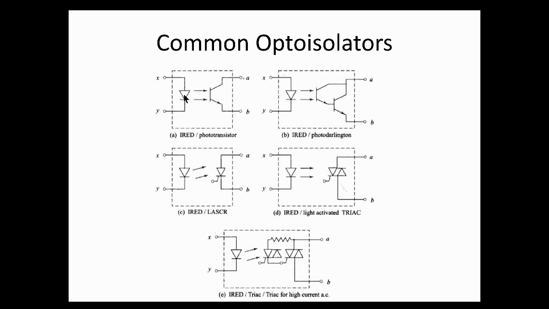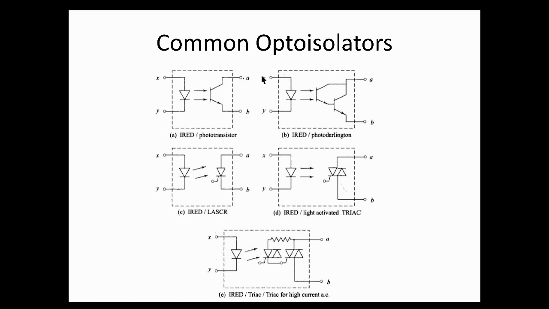So when we apply some power to this side of our opto-isolator, then we have our light coming from this light emitting diode here, shines onto the base of this transistor and will cause it to turn on. So if you have another circuit that's connected at the output,